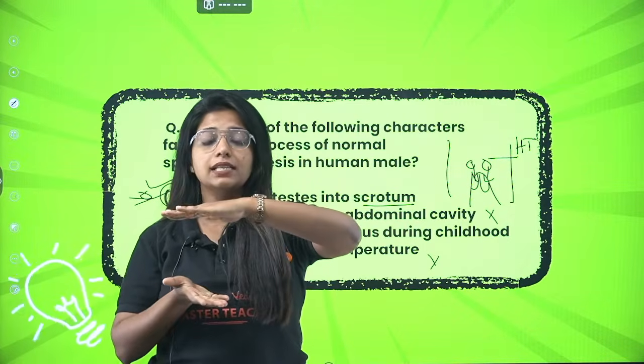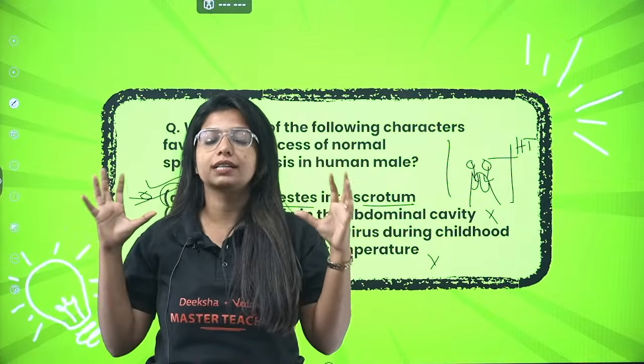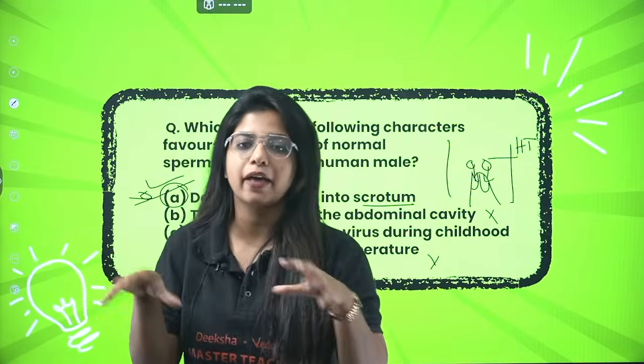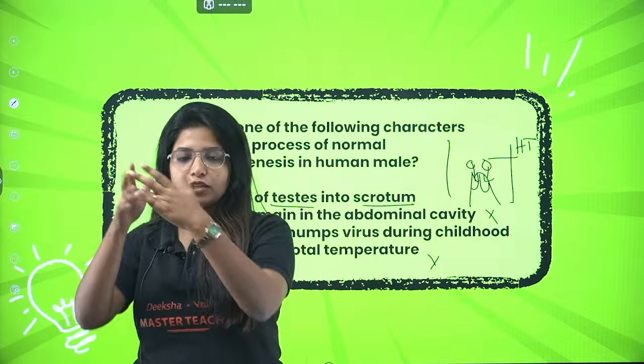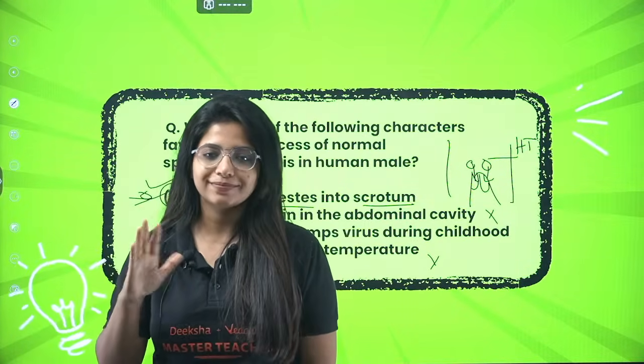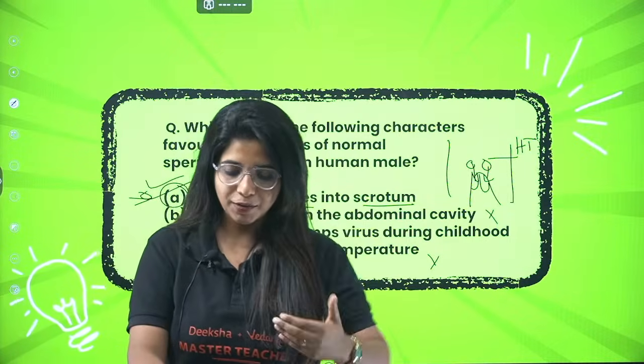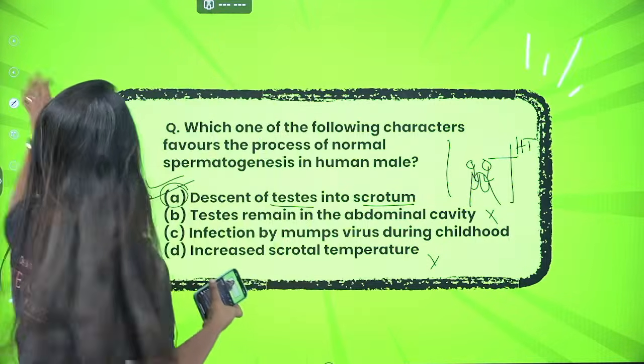Now, apart from the Leydig cells, what do you have? You have blood vessels in between. You have immunological cells which kill any pathogen roaming around in the testes or basically in the male reproductive part. That is how things are going to work. Cool. We studied all of it, and now we are going ahead with the next one, which is what?